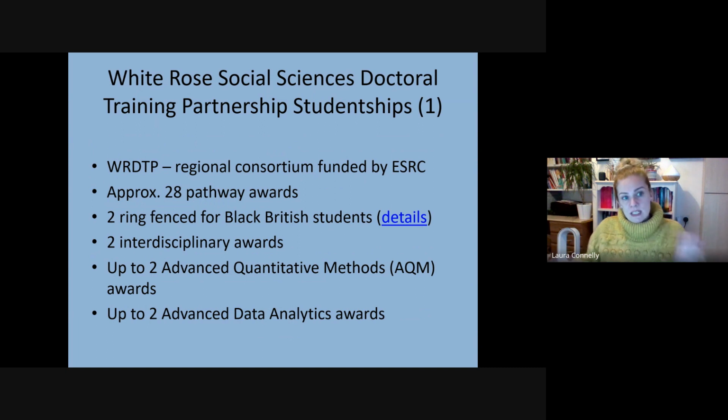All right, I want to now just zoom in and focus on one particular scholarship. This is the White Rose Social Science Doctoral Training Partnership one. So the White Rose DTP is a regional consortium of universities, and it's funded via the ESRC, which is the Economic and Social Research Council. This year, there will be various pathways, so various scholarships that you can apply for, 28 of which will be what are called pathway awards. So these are